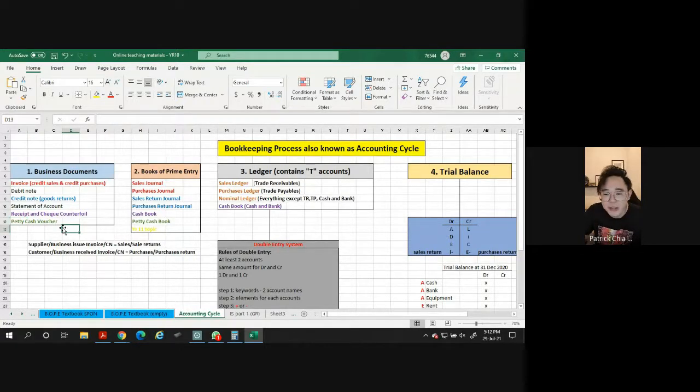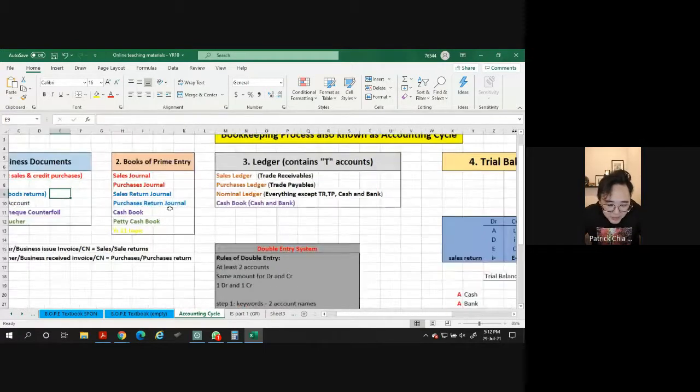So which one is important, or which do they like to test? Of course, mainly invoice and credit note, these two, and also statement of account. Let me explain invoice and credit note first. You see, I put the color there. Why are these two important? Sorry, let me make it bigger for you first.